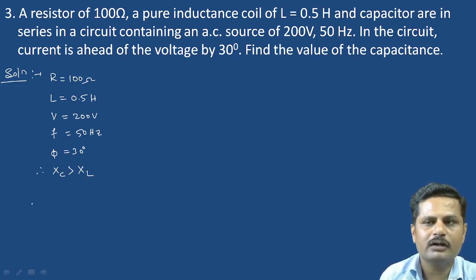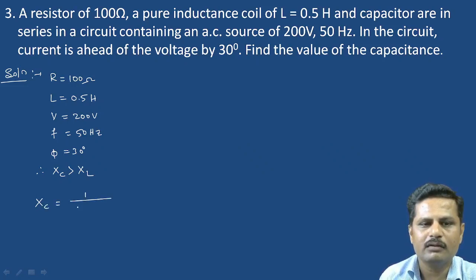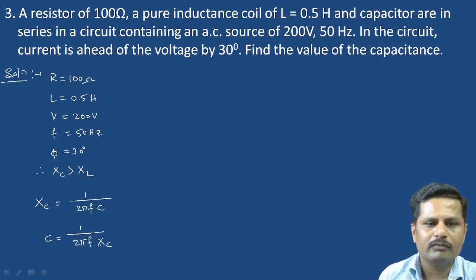We know the expression for the capacitive reactance, X_C equals 1 divided by 2 pi f C. This is the expression for the capacitive reactance. So we can get the capacitance of the capacitor from this expression, C equals 1 divided by 2 pi f times X_C. Now to find X_C,